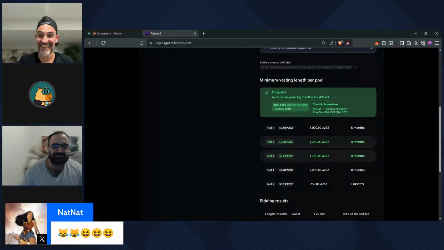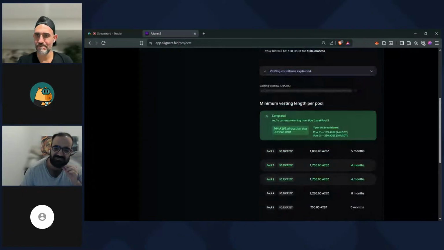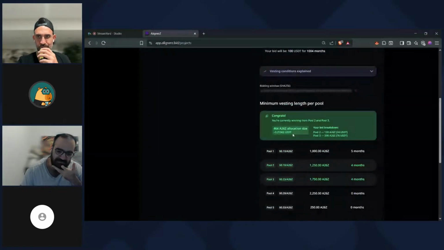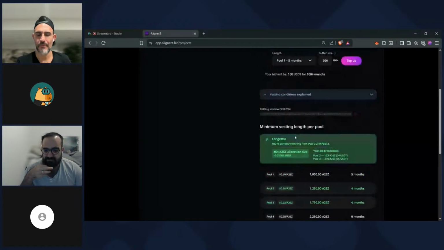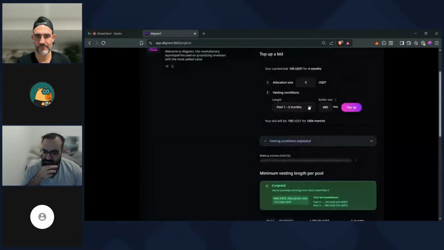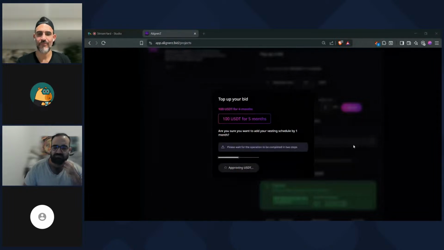Okay, it's shown $24.76. Yeah. Price. And the average price is $0.21 per token. Okay. I will keep it 0 and keep my $100, but for 5 months. Cheap, you're not gonna get in.